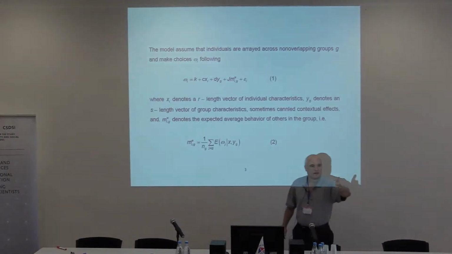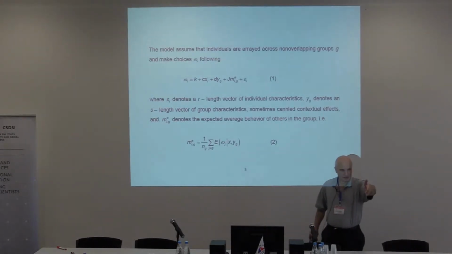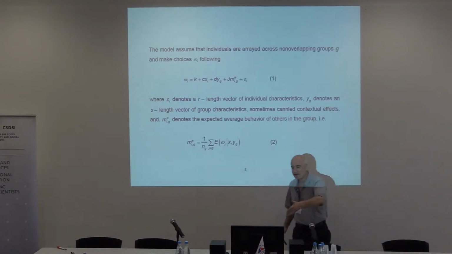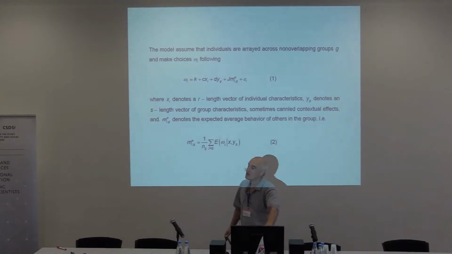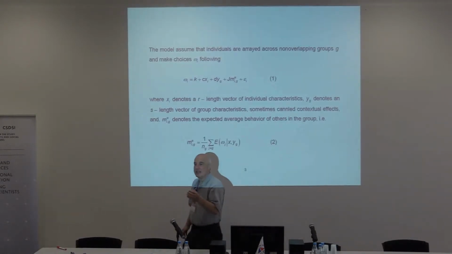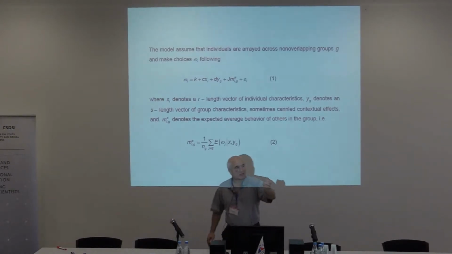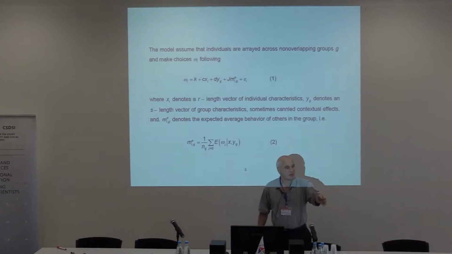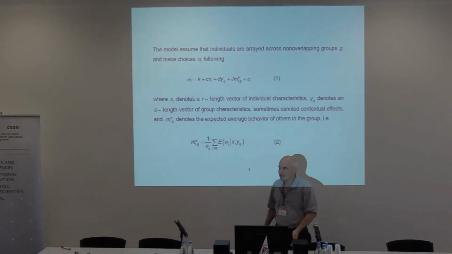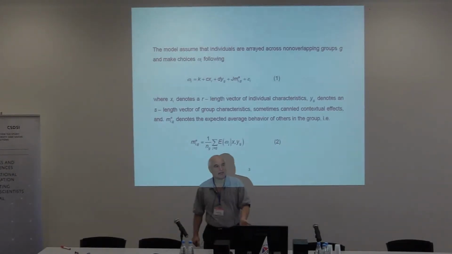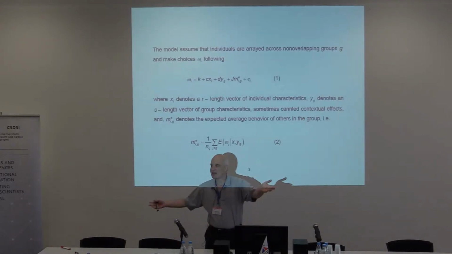In other words, if I have a group of people, the expected value of a typical person is the expected value of the average. I don't need to distinguish them. The expected value of the right-hand side: the expected value of a constant is a constant. The expected value of CXi is C X bar. If I don't know the value of X, the expected value of CXi is the expected value of X, which is simply its average in the population. The expected value of DY is by definition DY, because that was part of the information set. The expected value of Jm is Jm. The expected value of their expected value is the expected value.